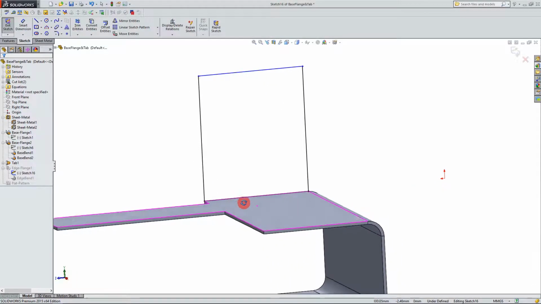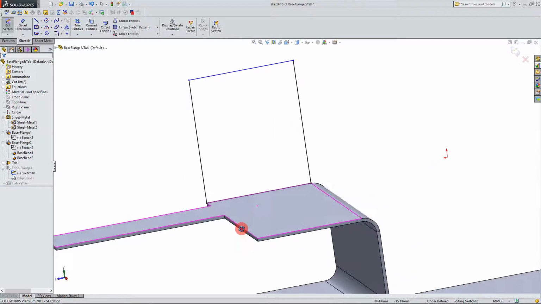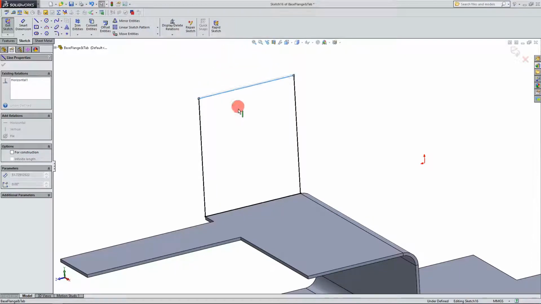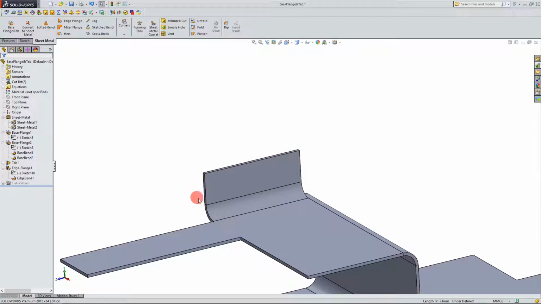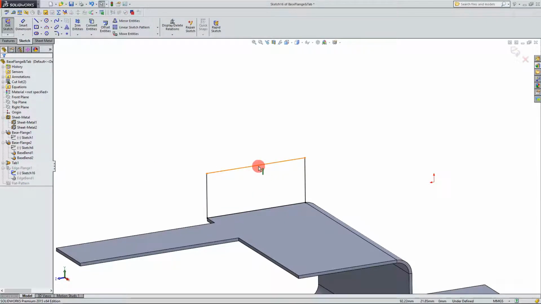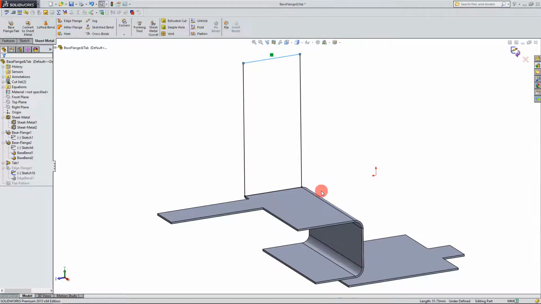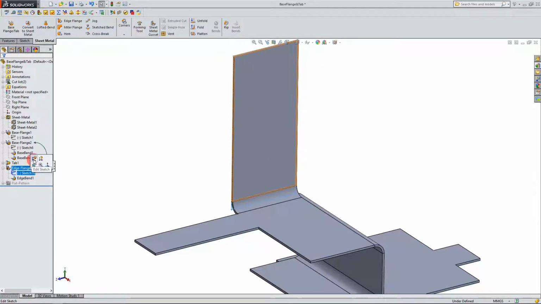What Solidworks has done is it's created a rectangle that's the same dimension as the parameters that we've entered. So I can actually come and move this up or down and place it where I want. And when I go out of that sketch, it's going to rebuild based on that. So this is a really great way to pick and pull and move around your feature and kind of edit it in a way that you want it to be. I can also edit the sketch,